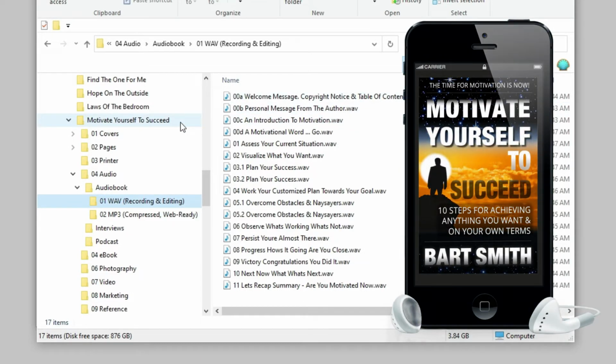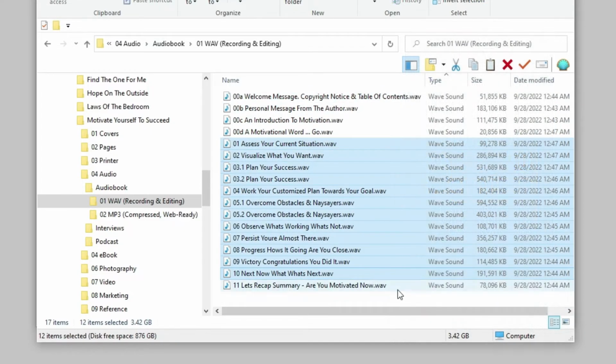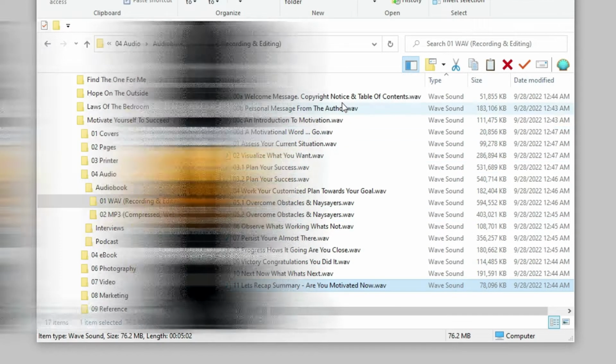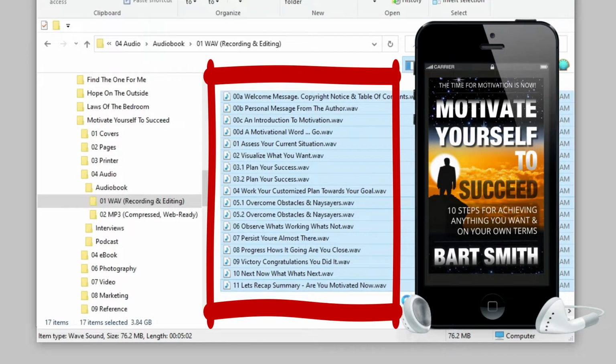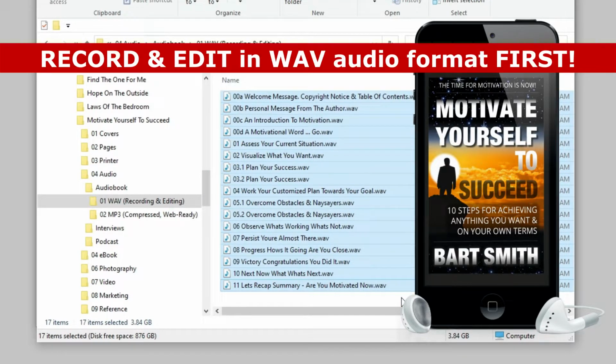Now, in this example, we're going to use and record one of my books, Motivate Yourself to Succeed. This is a great book for us to use in this lesson because it has at least 4 pages up front, 10 chapters, and 1 section at the back of the book called Summary and Words of Encouragement. That said, here's what all the sections or audiobook files look like per section after they've been recorded and edited